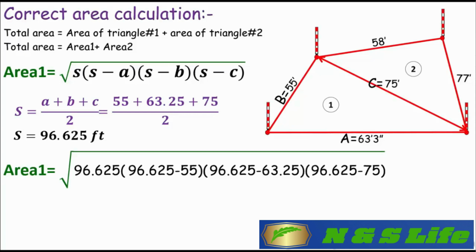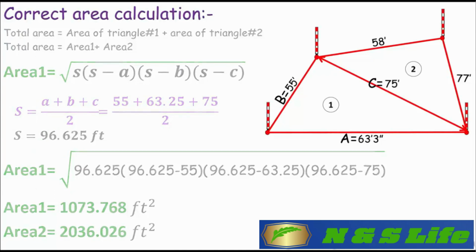If you use your mind or your calculator, you should end up with an area equals 1703.768 square feet as the area of triangle 1. Now let's calculate the area of the second triangle, and of course we'll do the same thing as we did for the area of the first triangle. When you do the calculation for the area of the second triangle, you should end up with an area equals